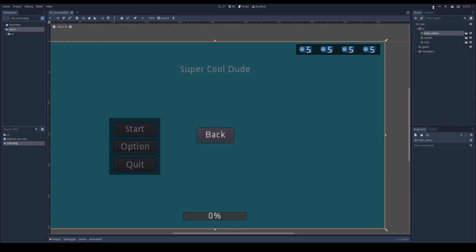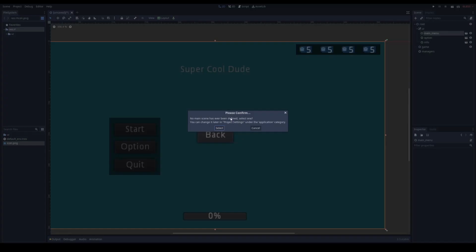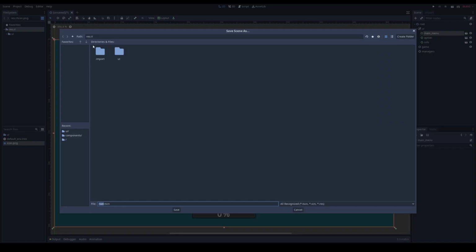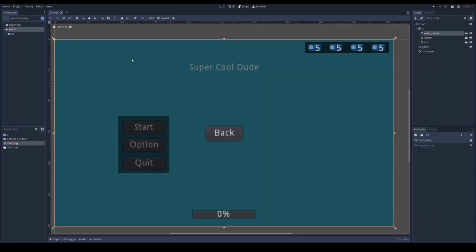So if you go up here, play, it's gonna tell you that you need to select a basic scene, but yeah, we didn't save this one. So just save the main scene. Let's call it root, and this one will be at the base of the folder. Save that, and then if I play the game, play,